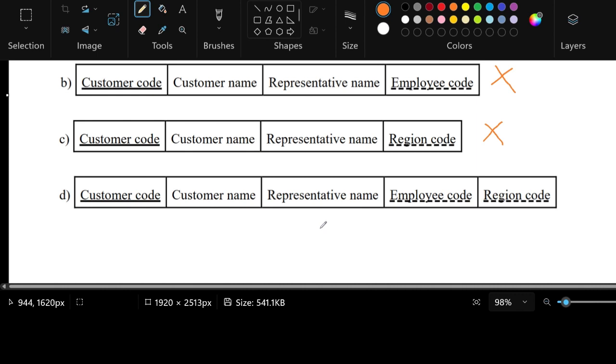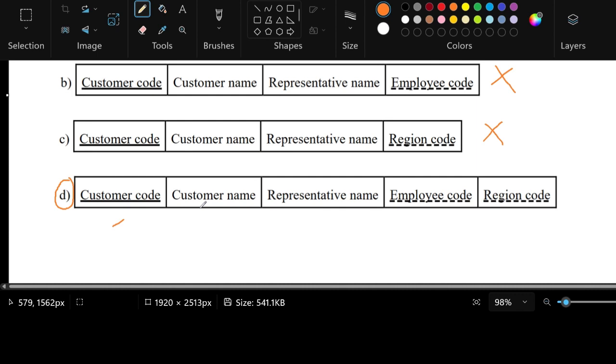I'd also want to point out that if you are using the primary key of another table in this table, like the customer table, this one would be called a foreign key because the customer table would have its own primary key, which is the customer code. Okay, so the correct answer is letter D,